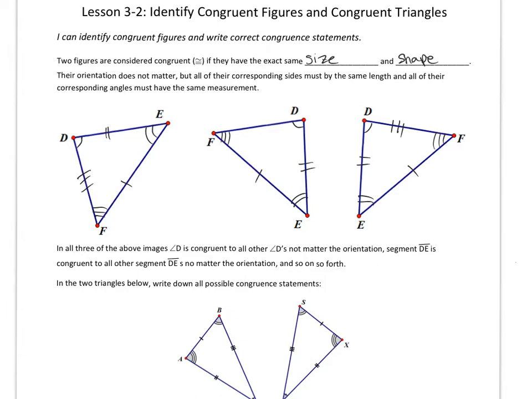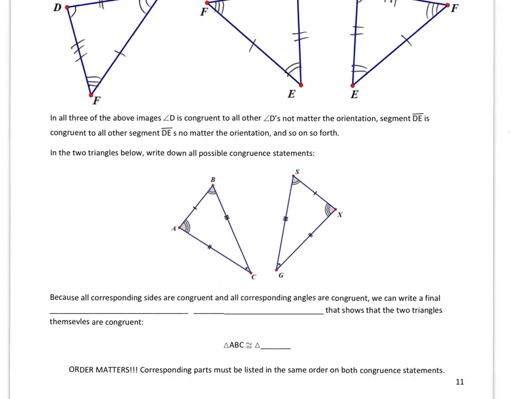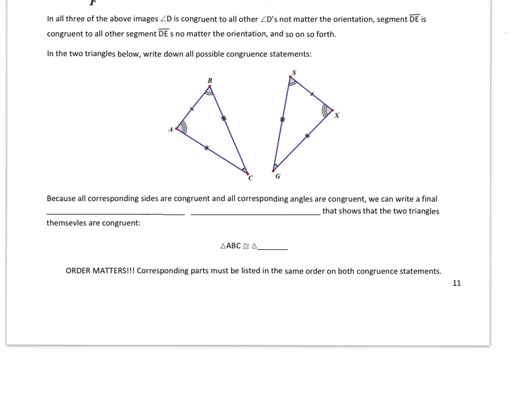So, orientation doesn't matter, but there are so many different things that have relationships in a pair of congruent triangles. Let's take a moment right now and write down all the things that are congruent in these two triangles. So here,